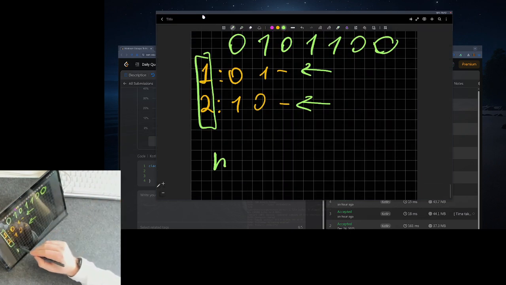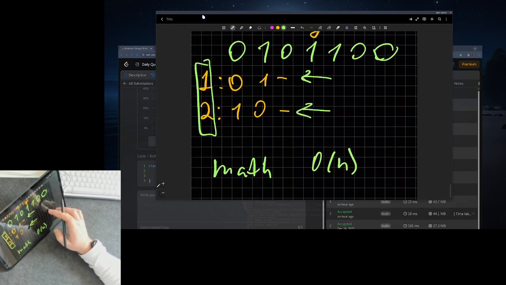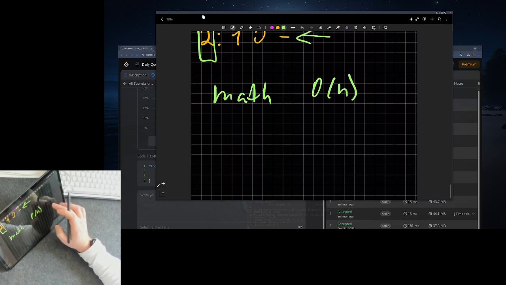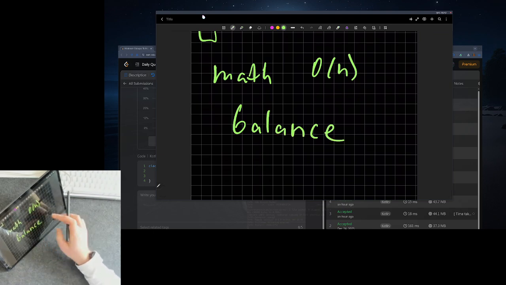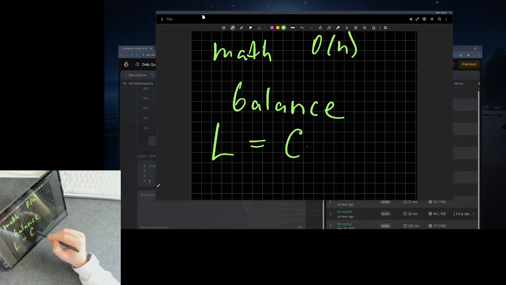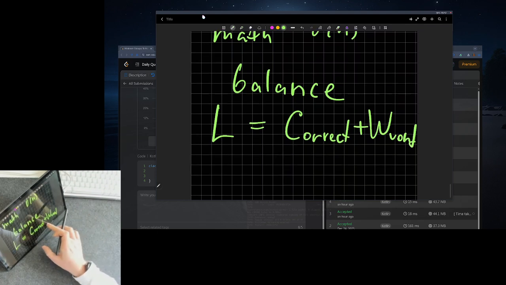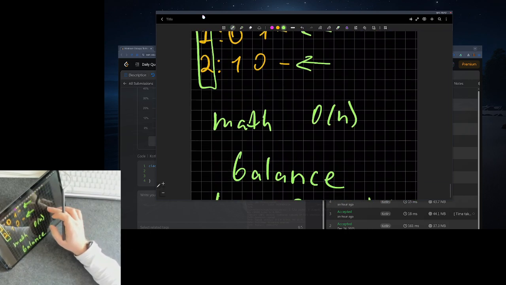There is a mathematical solution possible. However, it's still O(n), and we still have to calculate something. Instead of calculating for the variant, we calculate the balance. The total number of characters is the correct positions plus the wrong ones. And when we are calculating the balance